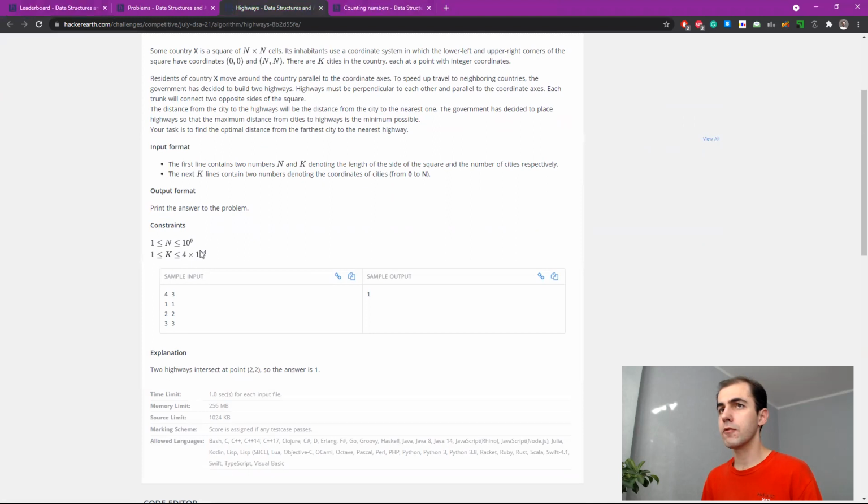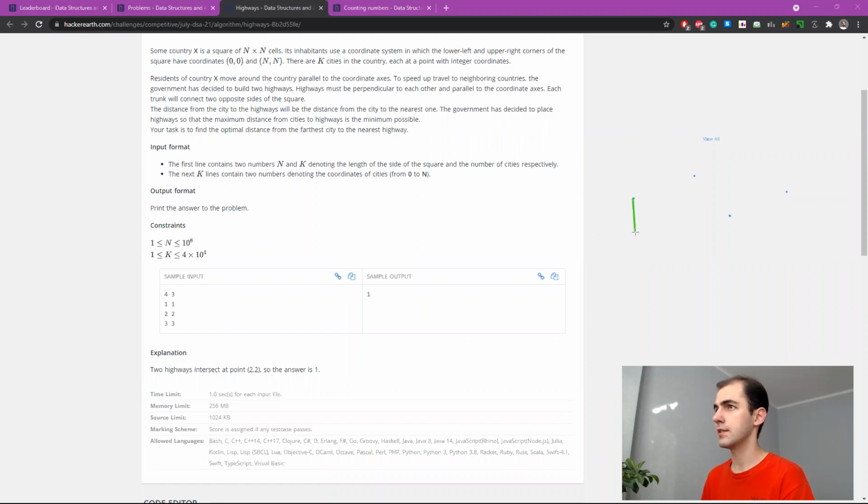But for this problem, if k is not that big, I am thinking about binary search over the answer. We want to check if it's possible to build highways so that the distance is no greater than some x. What does it mean then? It means that we have several points in a plane. How do you guarantee that the distance to the nearest highway is not greater than x?